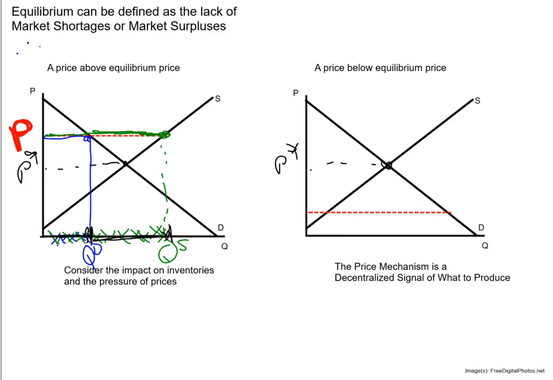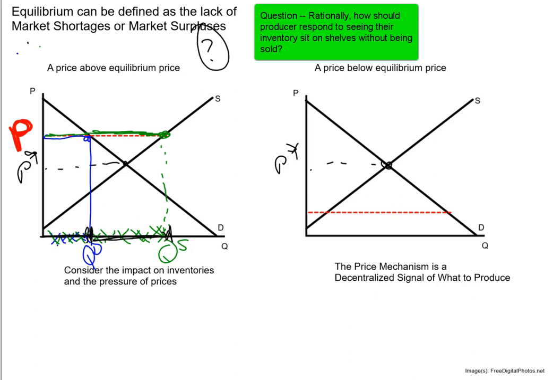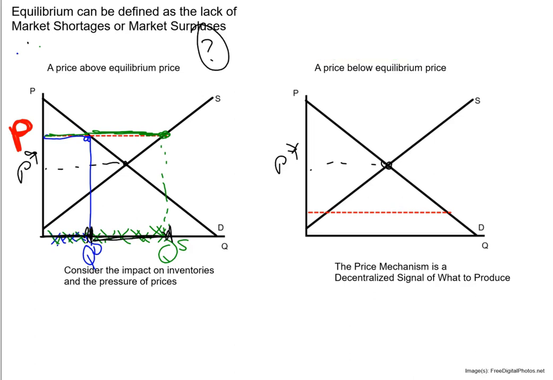Step back and think rationally for a second. If you're running a business and you start seeing a bunch of inventory piling up on your shelf, what's one reaction that you might have to it? Might you want to try cutting your price? That's why we say that if prices are above market equilibrium, we have this situation. We've got a name for it. If the quantity supplied is greater than the quantity demanded, we're going to call that either a market shortage or a market surplus. What do you think it is? We refer to this as a market